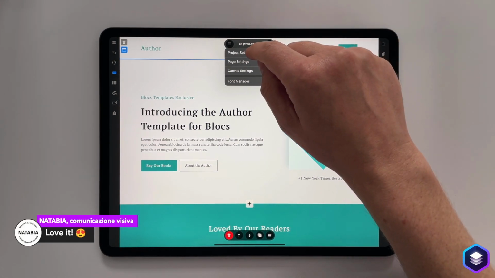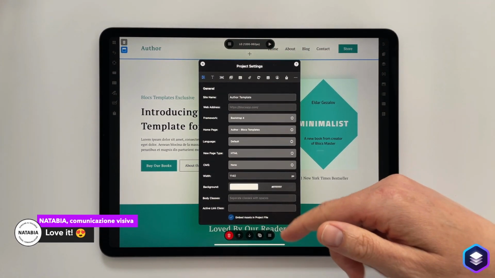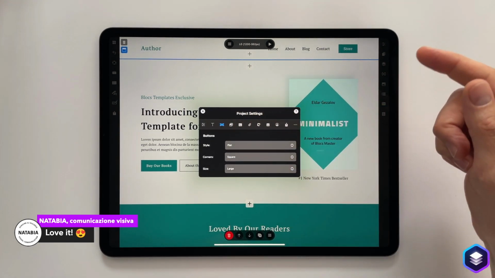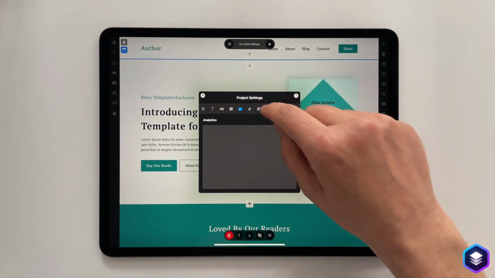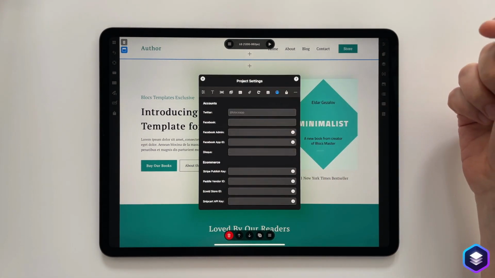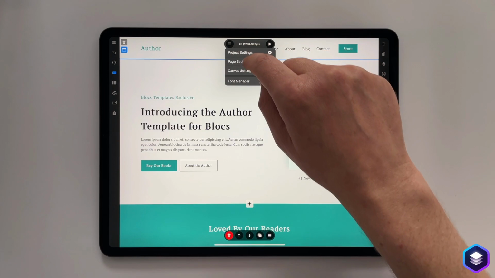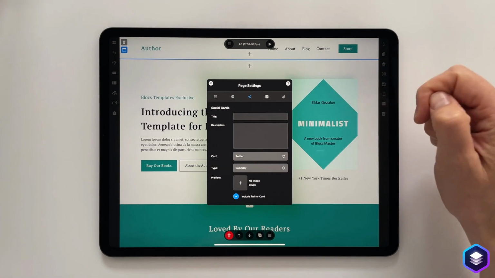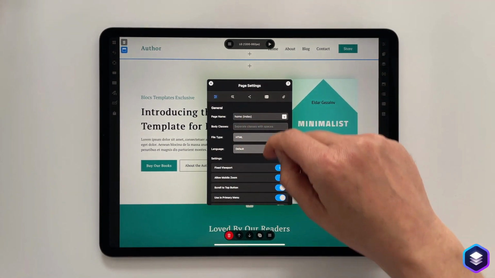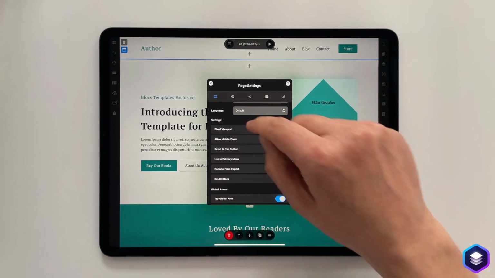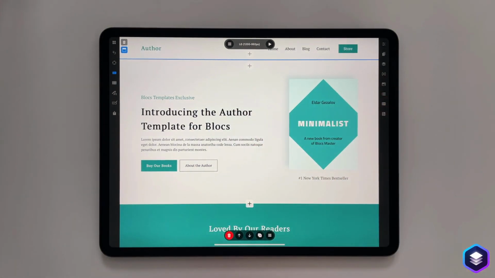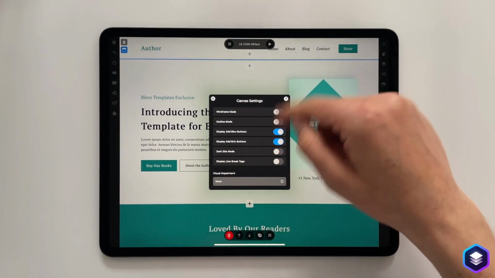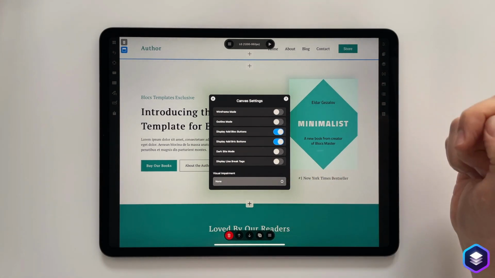I've opened project settings. You can see it's very similar to what we already have on the Mac. I'll just jump through here. Every option from the Mac is here. You get the idea. And I'll open page settings. Basically the same. All of this should look pretty familiar, with the exception of minor interface changes, with switches instead of checkboxes. I'll just close that down. If I head back up here again, I can open the canvas settings. So we have all of our options for the canvas, and we also have our visual impairment filters.